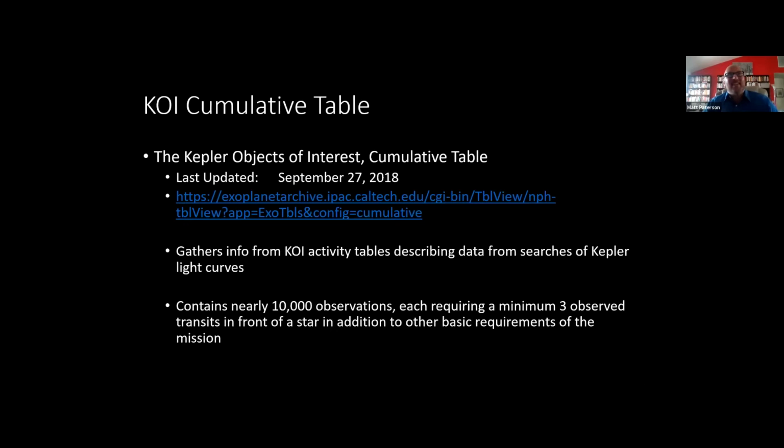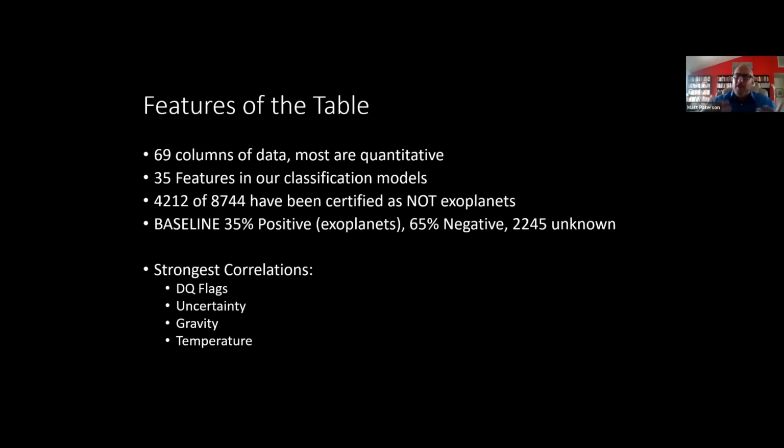The KOI data table, the Objects of Interest table, was last updated in 2018. That's when the Kepler project kind of ran out of gas. As I mentioned, it contains nearly 10,000 observations. Each of the observations requires a minimum of 3 transits in front of the star. So the point of this is that these are observations that NASA scientists feel pretty good about the fact that there probably is going to be a planet there. There's 69 columns of data,